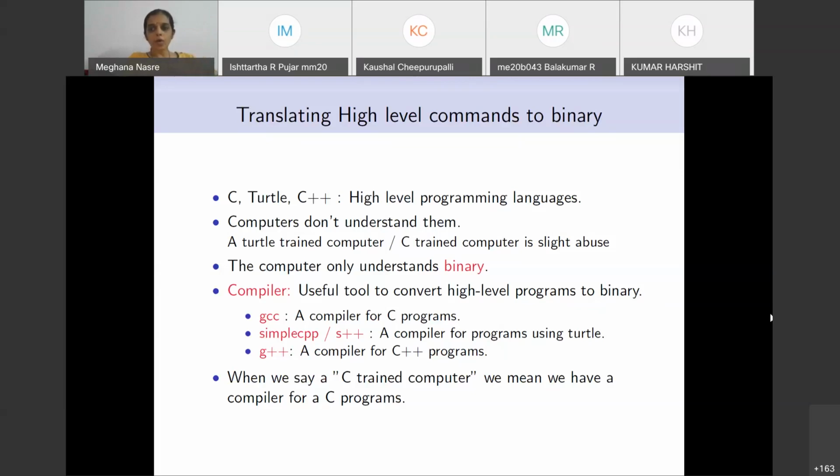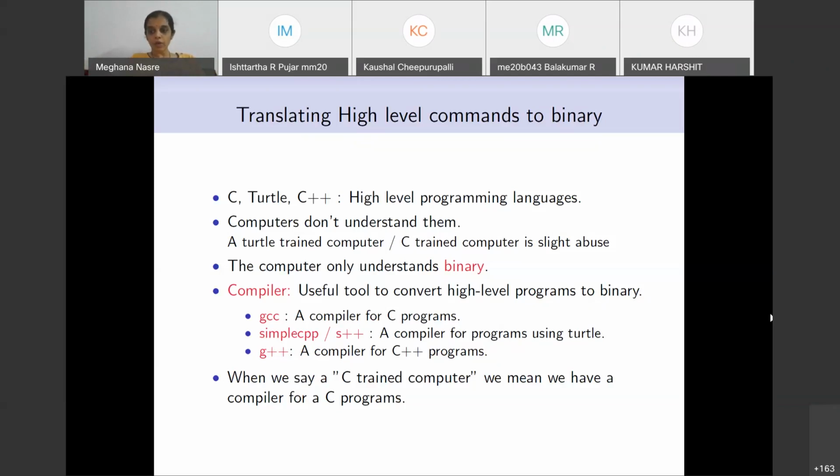But there are low level programming languages like assembly language and so on, which are even at a lower level than the high level programming languages. Those allow you to write code which is closer to what the computer understands: move, add, and so on. There are very few commands available, but you can use them to write all the programs that you want to write. But it becomes a very, very tedious job.